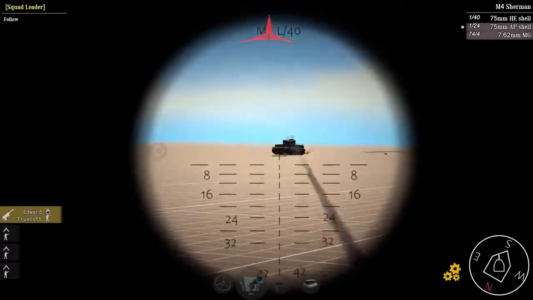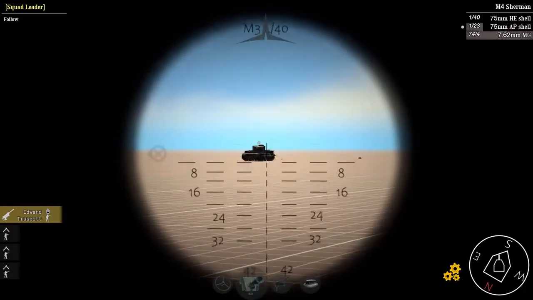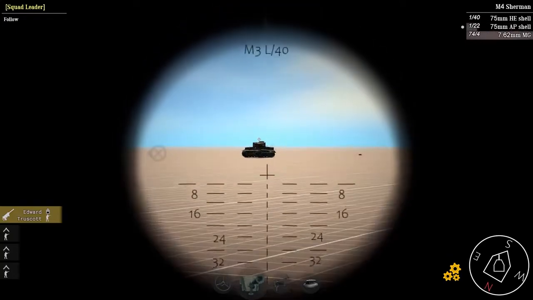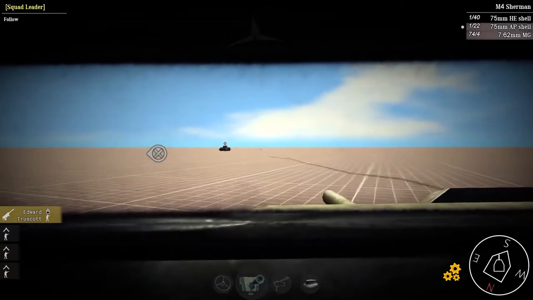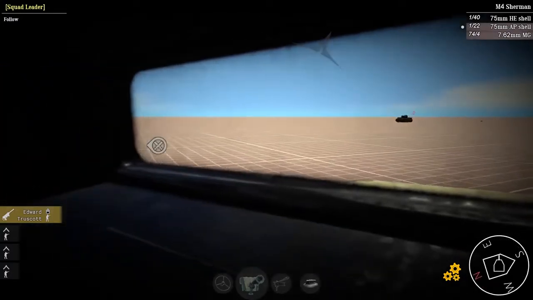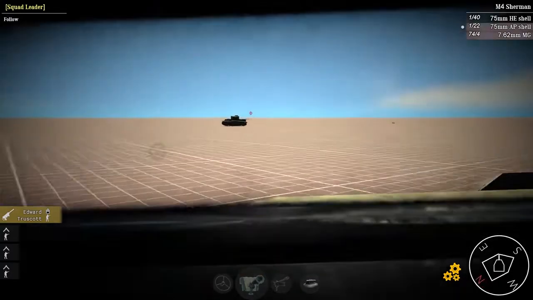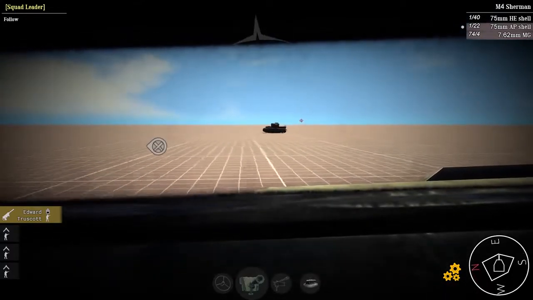Killing a crew member will affect the way the enemy tank behaves, and killing modules will at some point destroy and stop the enemy tank. So what you're saying is you do have different armor in different positions on the tank? Yes. Tanks usually, just like real tanks, are more protected on the front or in the position where you expect to have the crew members or very delicate modules of your vehicle.